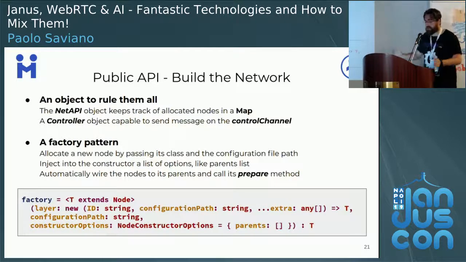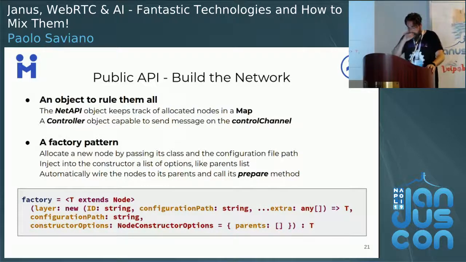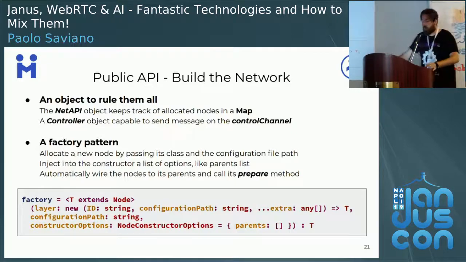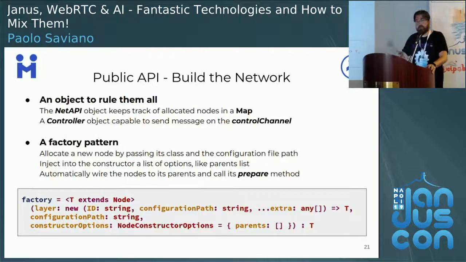Okay, last but not least, we can easily coordinate all what we have done through a public API. The API object keeps track of all the allocated nodes in a map, and through an internal controller could send messages to all subscribed nodes over the control channel.